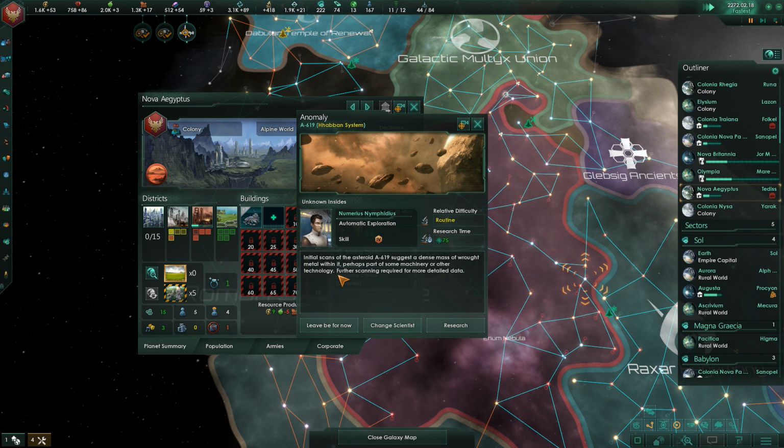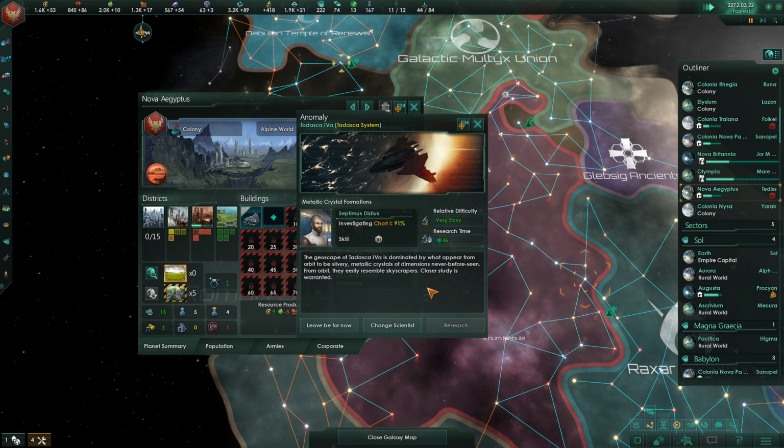Anomaly found. Initial scans of the asteroid A619 suggest a dense mass of wrought metal within it, perhaps part of some machinery or other technology. Further scanning required for more